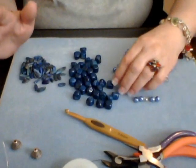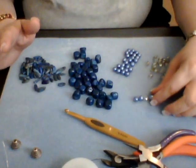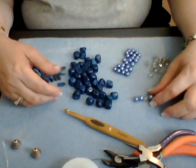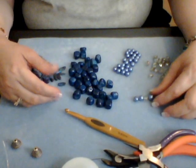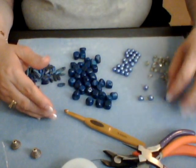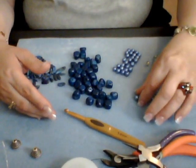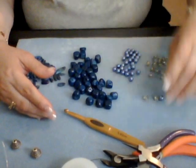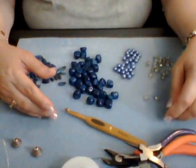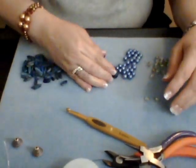If you just try it out as you go along. Try it in your strand. Once you strand it in your wire, you can sort of see how much shine you will get in that strand. If you want more shine, you can do 1 and 1. If you want less shine, you can add more beads in between. And as I said, you can use a different kind of bead. You can add any kind of bead. Your choice is infinite. So we have all our materials, and